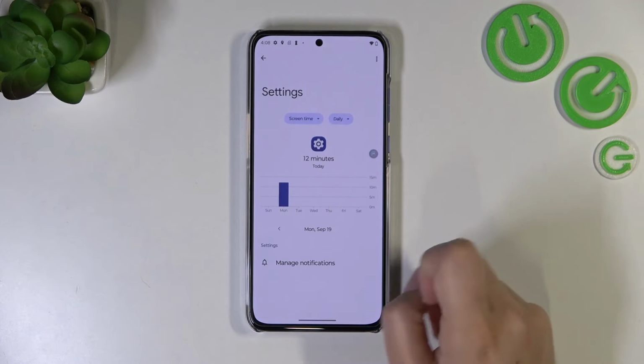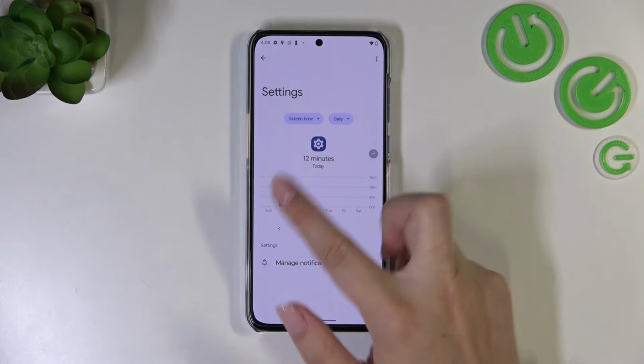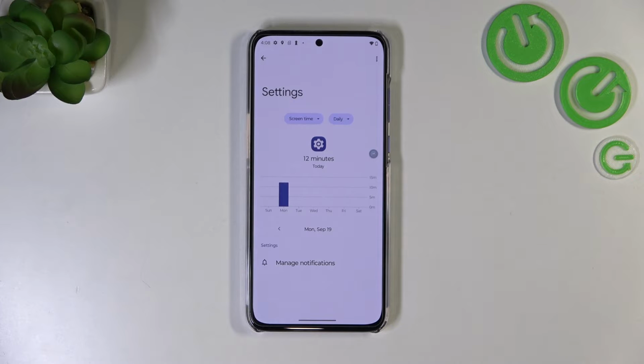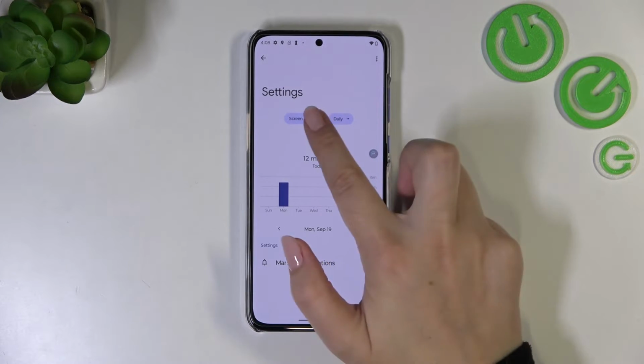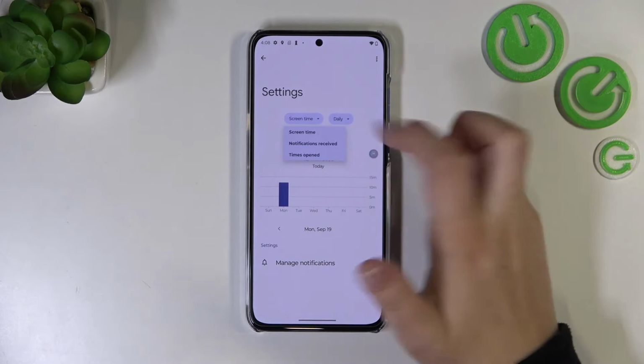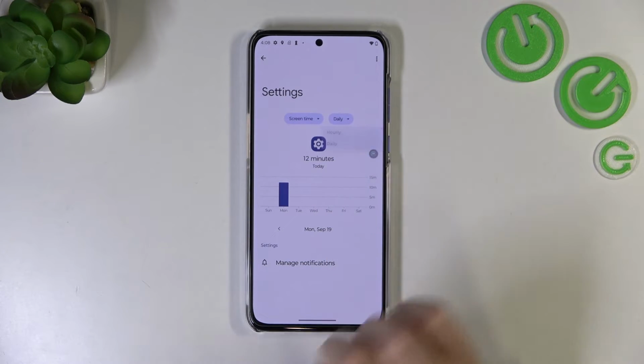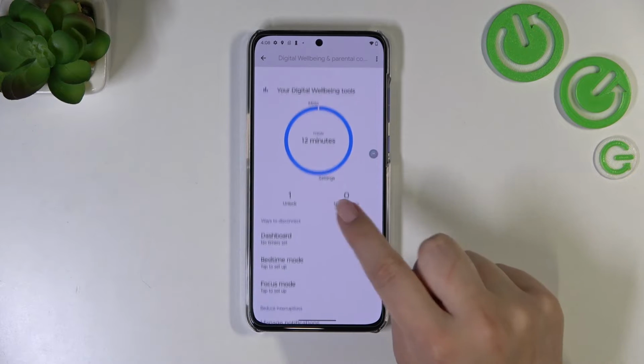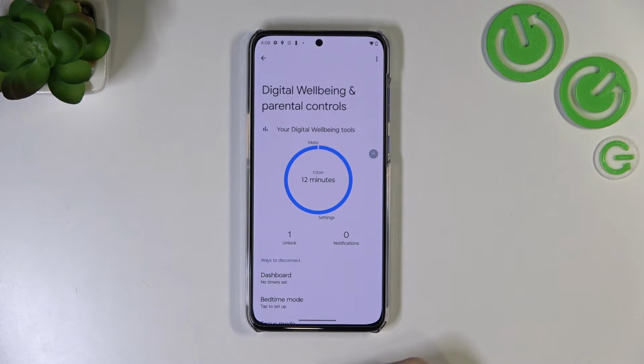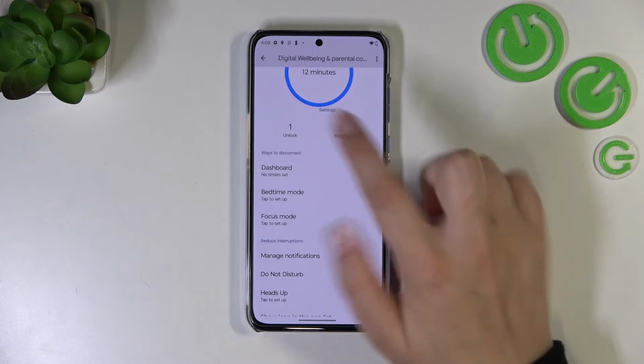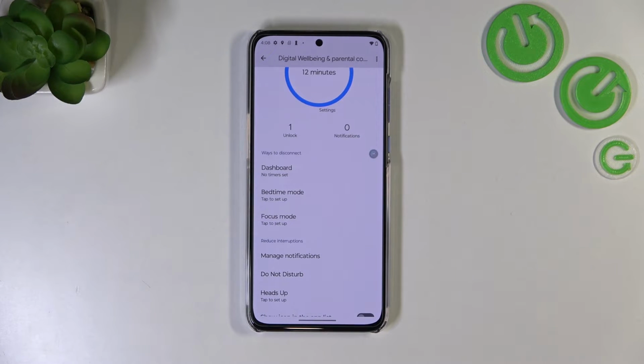So basically just tap on it, tap in my case settings, and as you can see again we've got the dashboard, but right now it is connected only with this particular app. So we can change the screen time again to the notifications received and times opened, and from daily to hourly. And basically this is how to check the screen time,